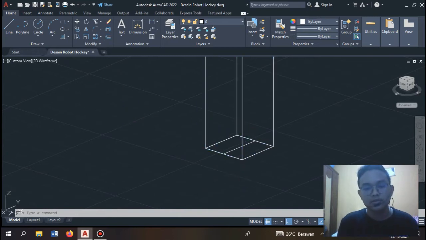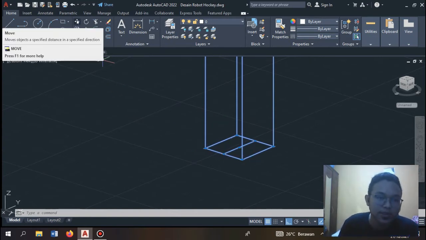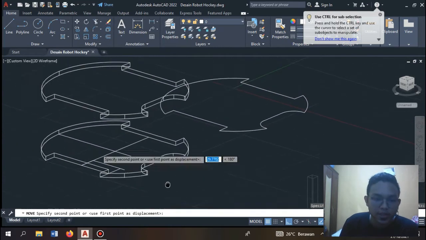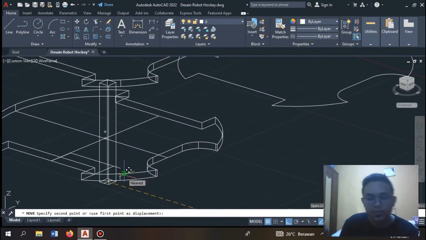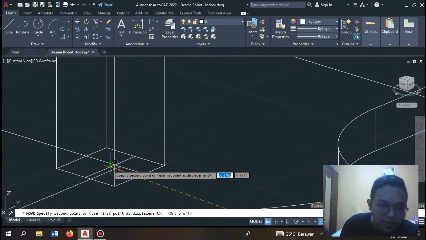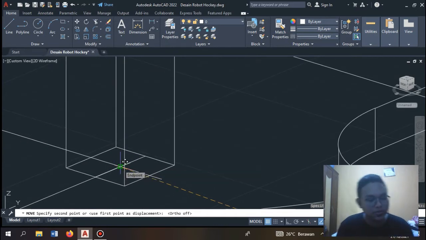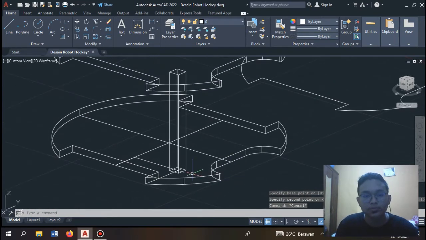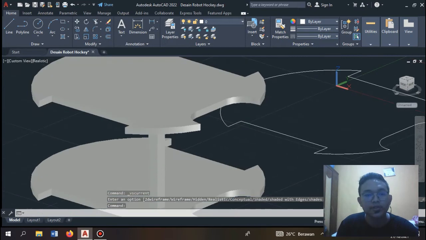Okay, let's move it. We first drag the object that we want to move, and then click the move command, and then don't forget to turn off your auto mode by pressing F8, and then from this you should place the spacer to this, and we change to the realistic for review,